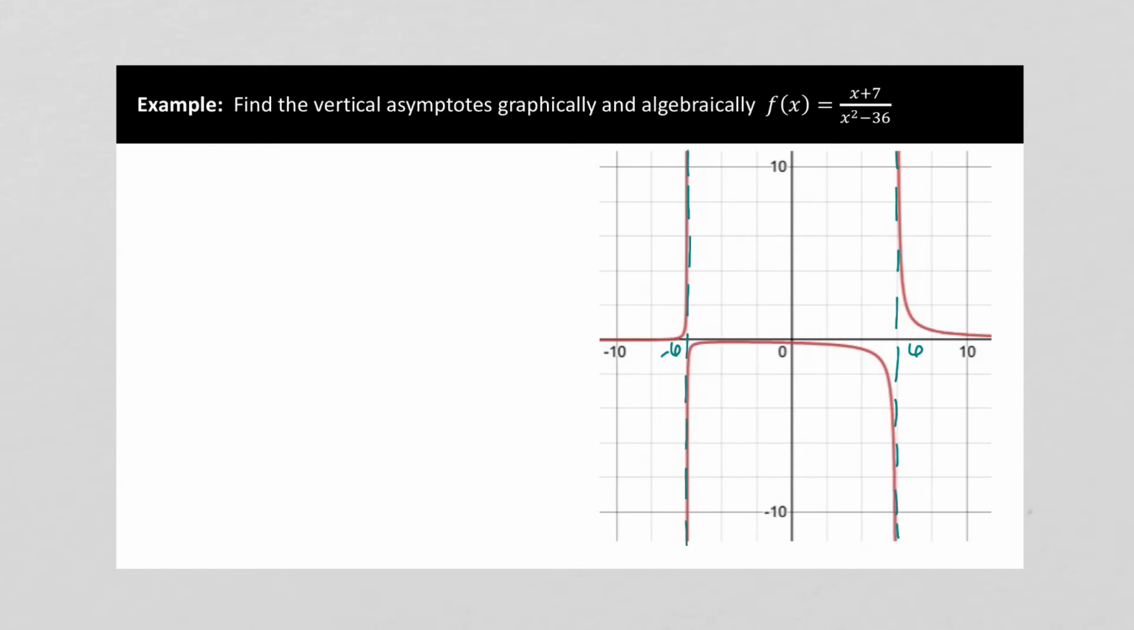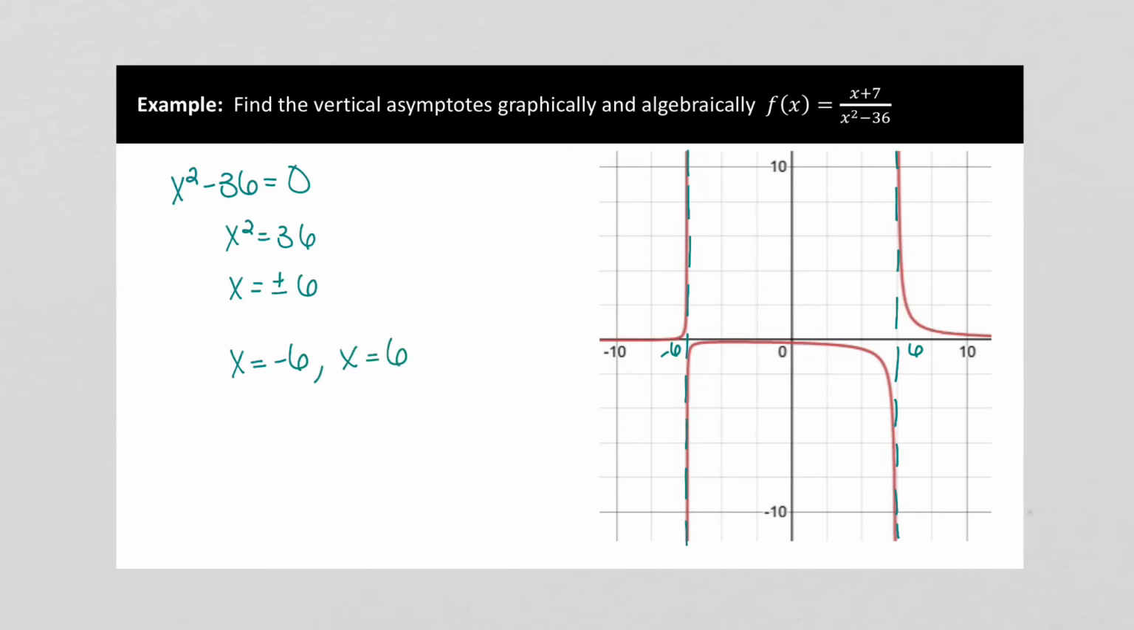Now we can also find the vertical asymptotes algebraically. And to do that, we want to see where the graph is undefined. And rational functions are undefined anywhere the bottom of the fraction is equal to 0. Or we want it to be not equal to 0 because that's where it's undefined. So we just set the bottom of our fraction equal to 0. And we can see, just as we saw in the graph, that our vertical asymptotes are at x equals -6